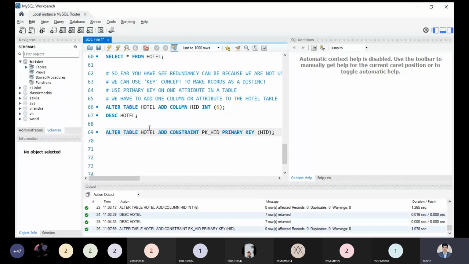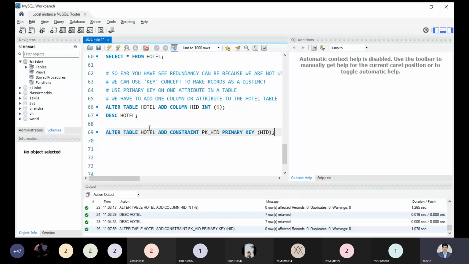I can make the hotel name. Then at a time I can't take multiple entries in the hotel name, so duplicacy will be removed. HID can be repeated, but hotel name cannot be duplicated. But in a practical real-life situation, you can understand hotel names can be duplicated, of course. So practically we can't make this attribute unique. But if you want to make any attribute unique, you can. It's your choice.